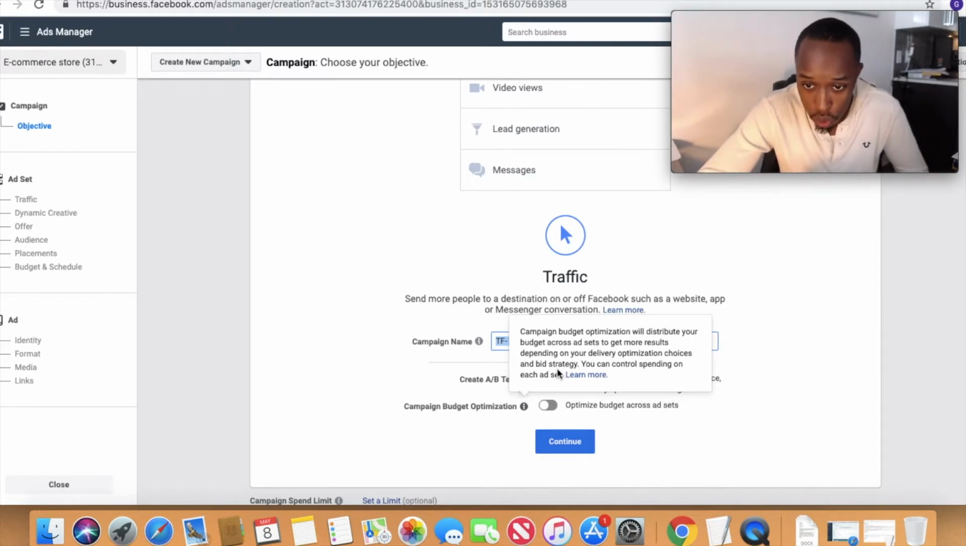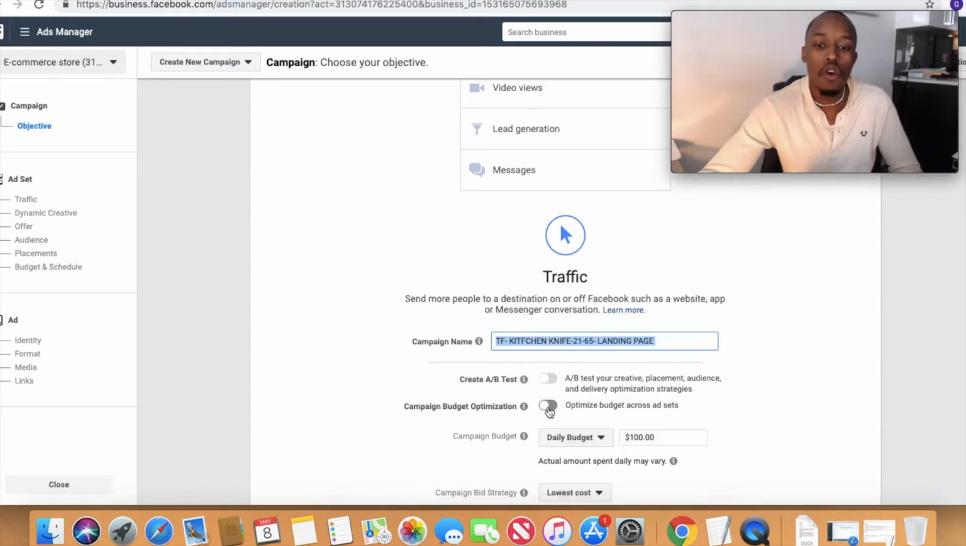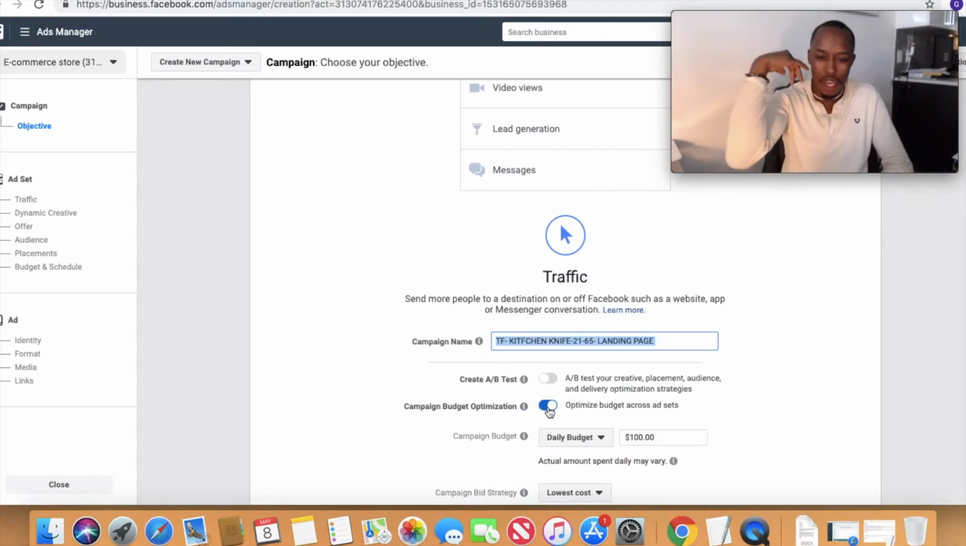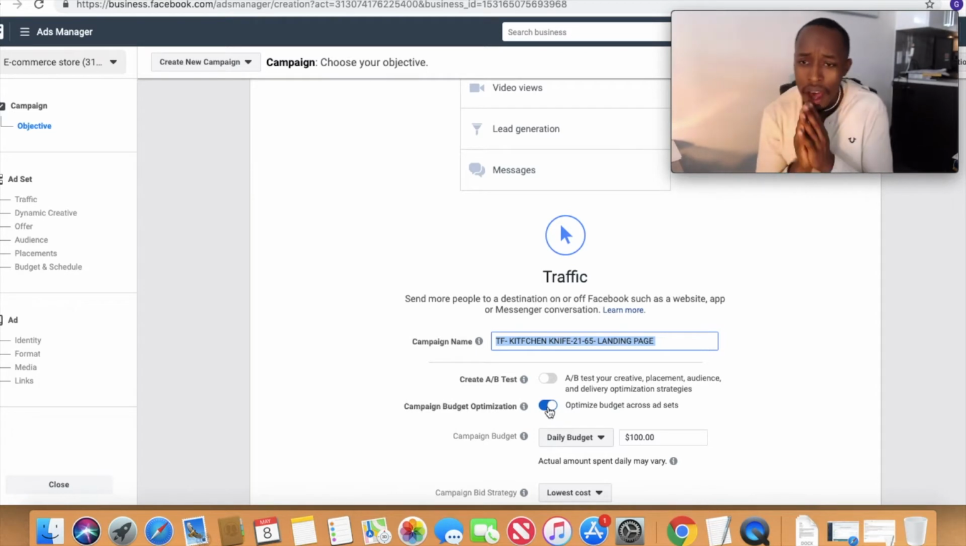Campaign Budget Optimization will distribute your budget across assets to get more results depending on your delivery optimization choice and bid strategy. You can control your spending on each ad set. So the reason why I highlight this, I'm going to tell you guys why I highlight this, is number one,